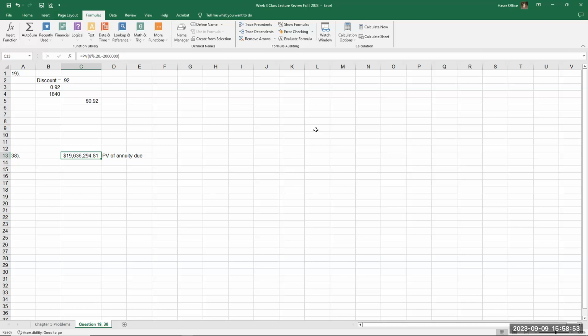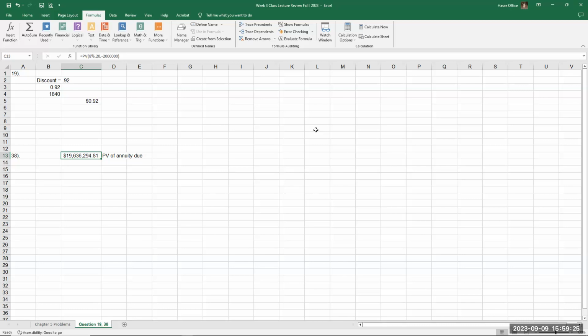Now that's a stretch, because 8% is a very high rate. Most lotteries use 4 or 5%. But that's how lump sum payments work in lieu of payments over a variety of years, and that's why it's called an annuity due. The annuity is what you're giving up, the $2 million annual payments over 20 years, and the due is what that's worth today: $19.64 million.